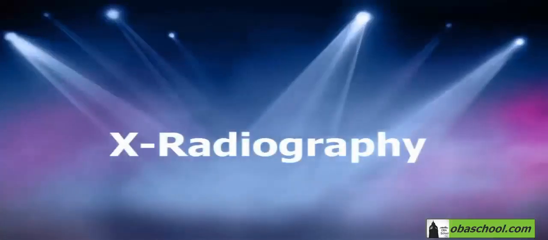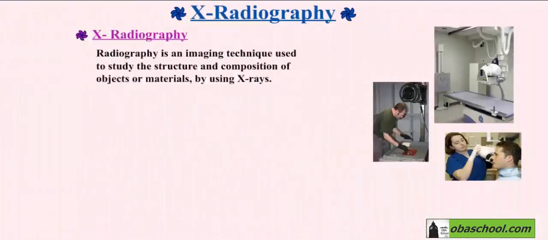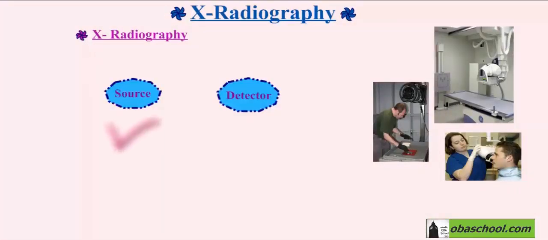X-radiography. One of the most important uses of X-rays is in X-radiography, and especially in medicine. To make a radiograph or X-ray photograph, X-rays from an X-ray tube are directed at the patient. A light-proof cassette containing a photographic film or a flat panel detector is placed on the other side of the